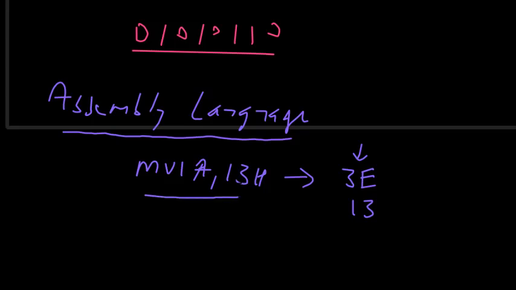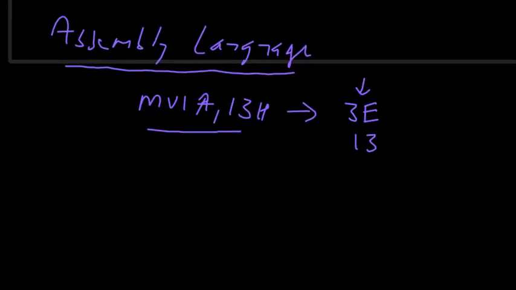We can write the program in this mnemonic, and instead of entering the instructions or the data in zeros and ones, we will enter in terms of this hexadecimal notation when we are programming in 8085. There are some assemblers available in which we can directly write this assembly language, these mnemonics, and it will generate the hexadecimal code and also the binary code. So this one is a little bit easier as compared to the machine language.